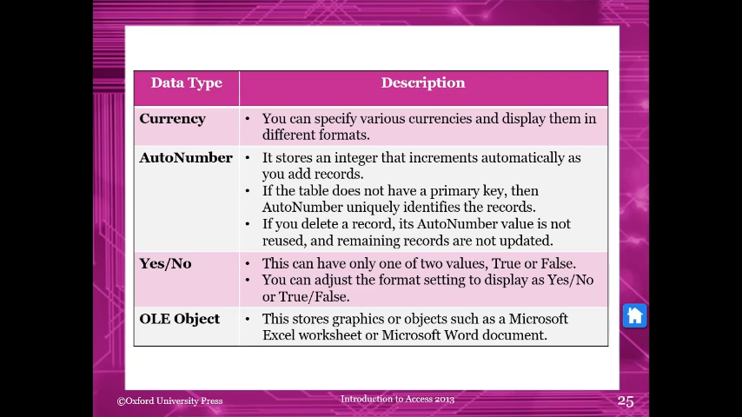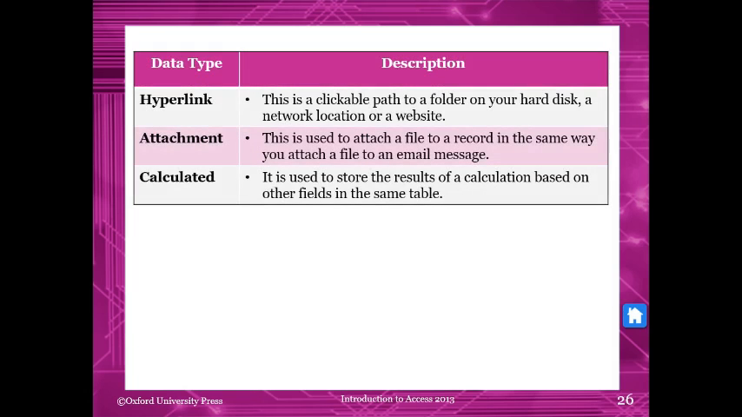Yes/No. This can have only one of two values, true or false. You can adjust the format setting to display as Yes and No or True or False. OLE Object. This stores graphics or objects such as a Microsoft Excel worksheet or Microsoft Word document. Hyperlink. This is a clickable path to a folder on your hard disk, a network location or a website. Attachment. This is used to attach a file to a record in the same way you attach a file to an email message. Calculated. It is used to store the results of a calculation based on other fields in the